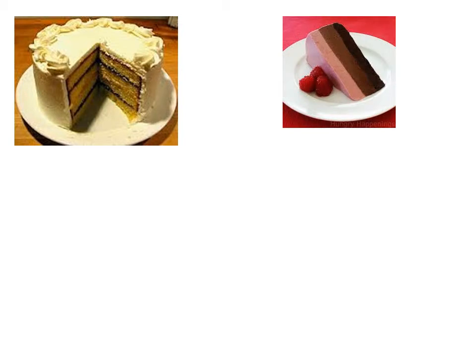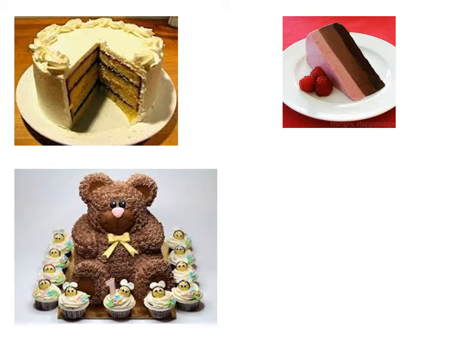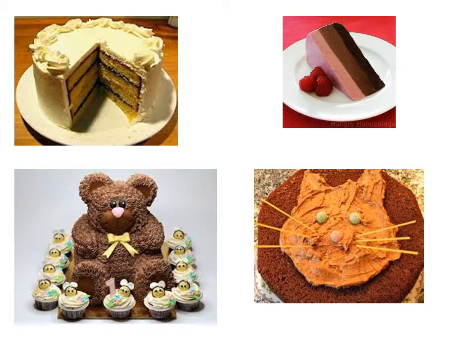Okay, to start us off, here are some pictures of cake. Here's a kind of tasty wedding cake. It's got a few layers in, a bit of white icing and some sort of dollopy thing on top. Here's some delicious looking chocolate strawberry cheesecake. There's a couple of raspberry things or strawberries to make it look a bit healthier than it is. Somebody's made this fairly awesome teddy bear cake surrounded by little bees. And someone's made a pretty naff kind of cat cake thing. It's got spaghetti or something sticking in it, a bit rubbish.